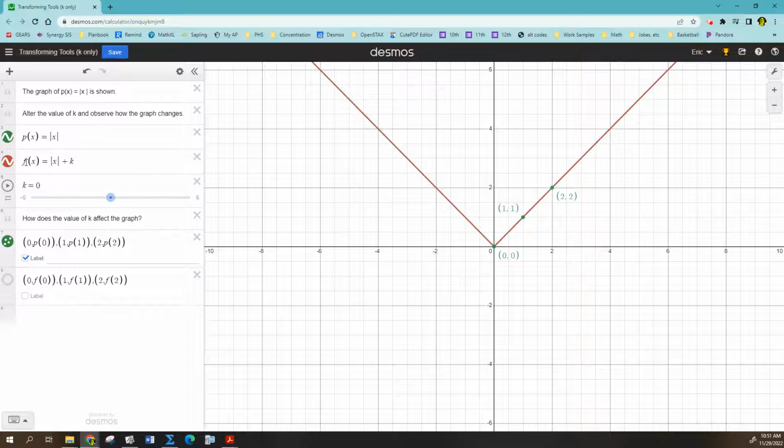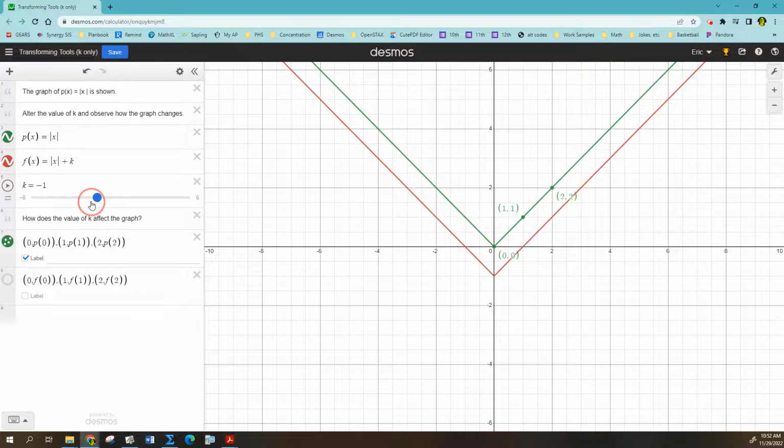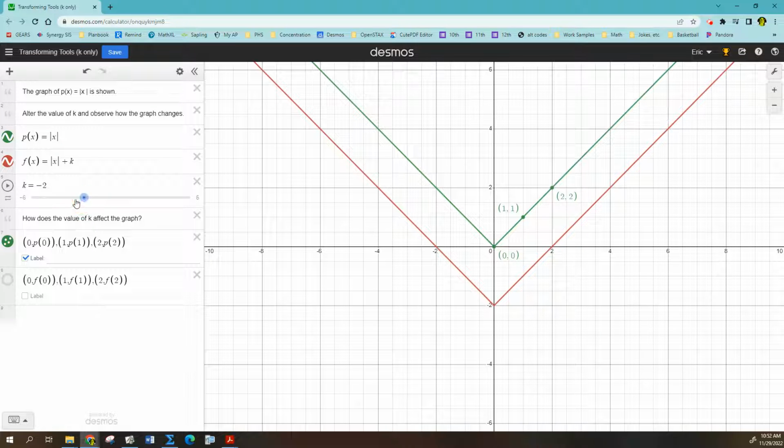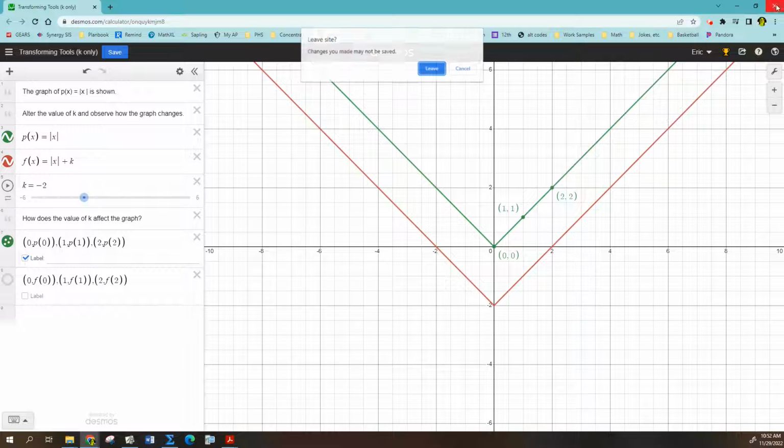Now here's the new graph. F of x equals the absolute value of x plus k outside. Well, if I add 1 outside the function, yeah, it goes up by 1. If I add 2, it goes up by 2. If I add -1, same as subtracting 1, it goes down. If I subtract 3 or add -3, it goes down by 3. So that one's a little bit easier to wrap your head around,